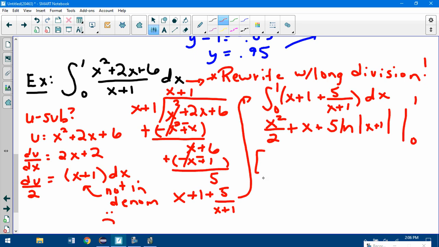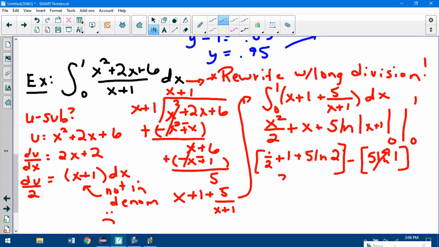Okay, so this would be 1/2 plus 1 plus 5 ln of 2. You can drop the absolute value when you know it's a positive. Minus, this is going to be 0, that's going to be 0. This will just be 5 ln of 1 when I plug 0 in. But what's ln of 1? Also 0, right? So this is 1/2 plus 1, that's 3/2, plus 5 ln of 2,